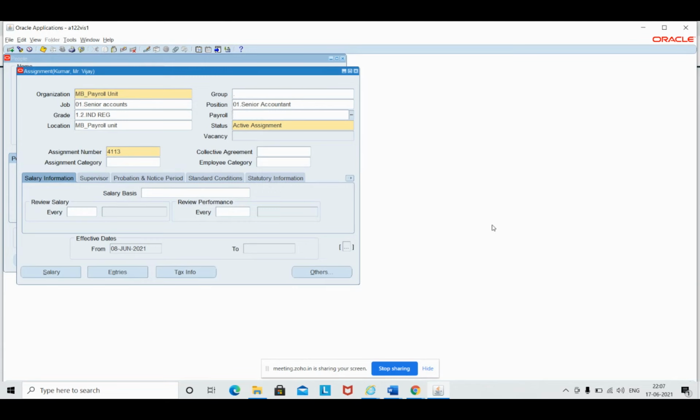So I will use the existing one. Yeah, that's what I'm saying. It will take some time for you to check here and there and create the GL part. So instead, I would suggest you use the existing GL and concentrate on payroll, because it will take a lot of your time. That's what I'm saying.